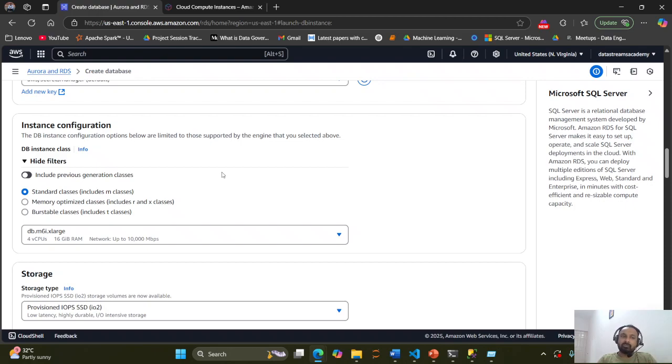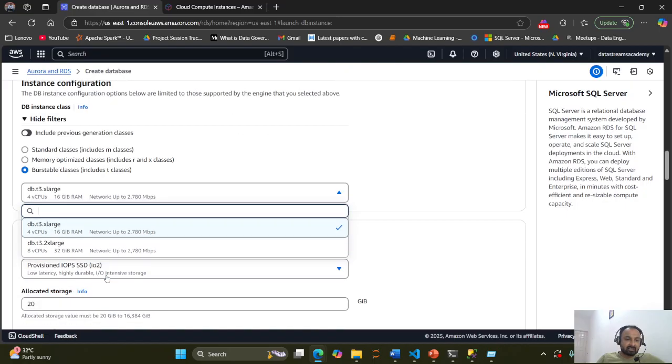Like how we did for EC2 instances, we also should be able to say what configuration we need when we set up this SQL server. So you have standard, memory optimized, burstable classes. I have these burstable classes, which are in the free tier. I will take